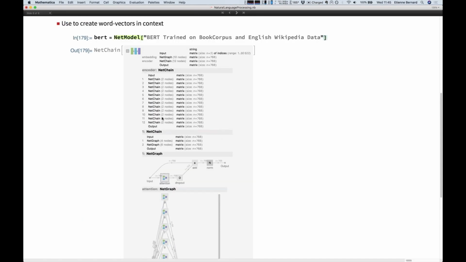It's quite convoluted. It's interesting to analyze and understand what it is. And actually, the interactivity of neural networks in Mathematica and in Wolfram Language makes it quite nice to understand what these networks are. And so you have these 12 heads, which are attention heads. And so the key thing is the attention layer here.